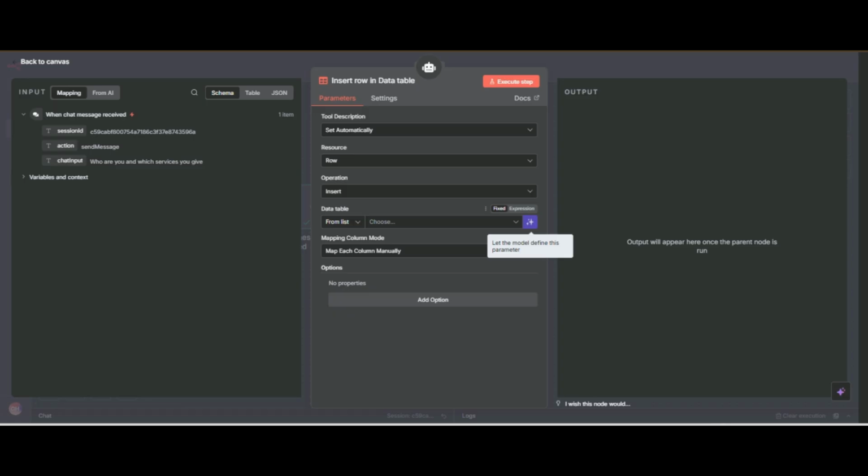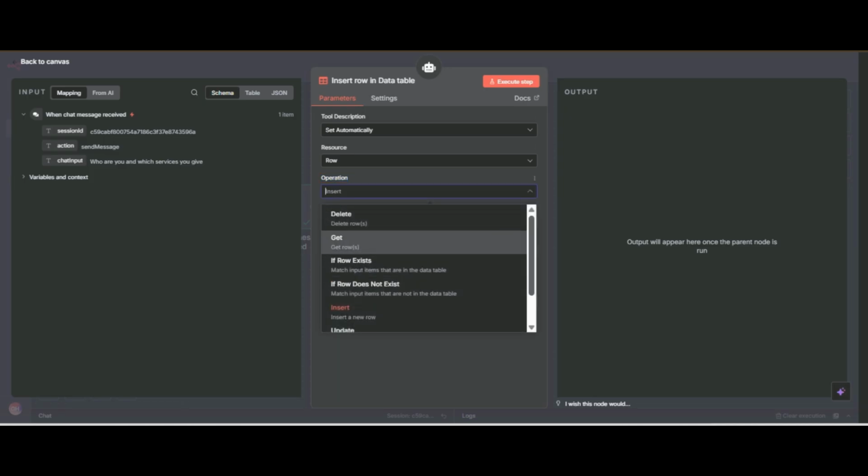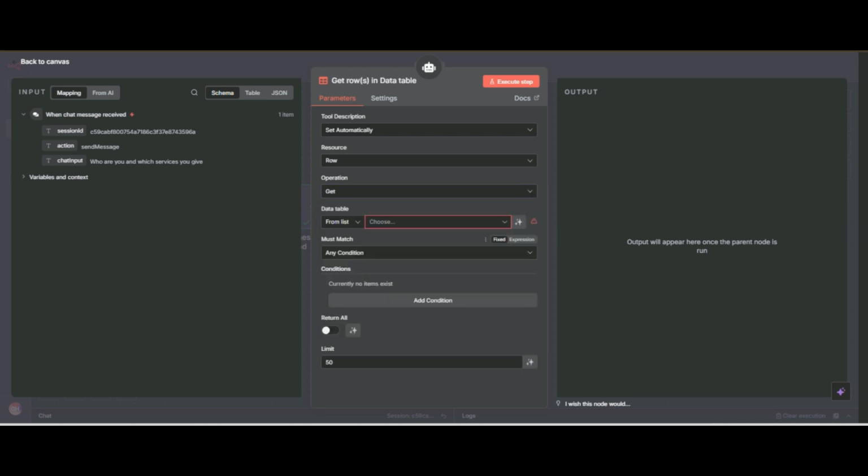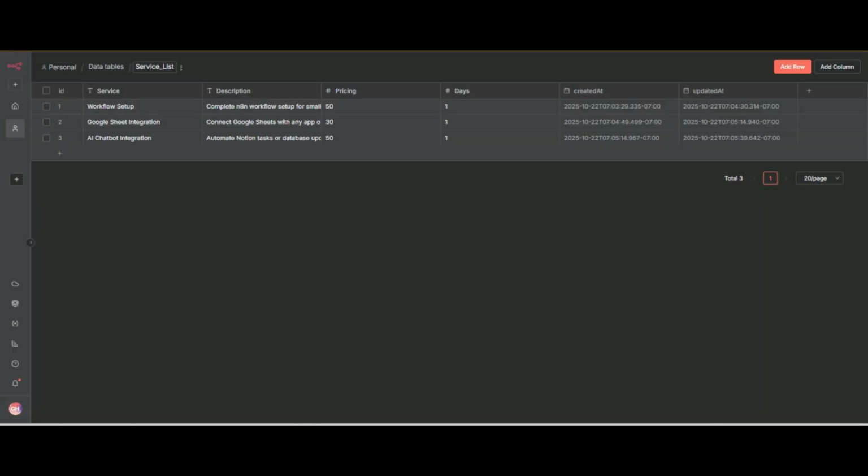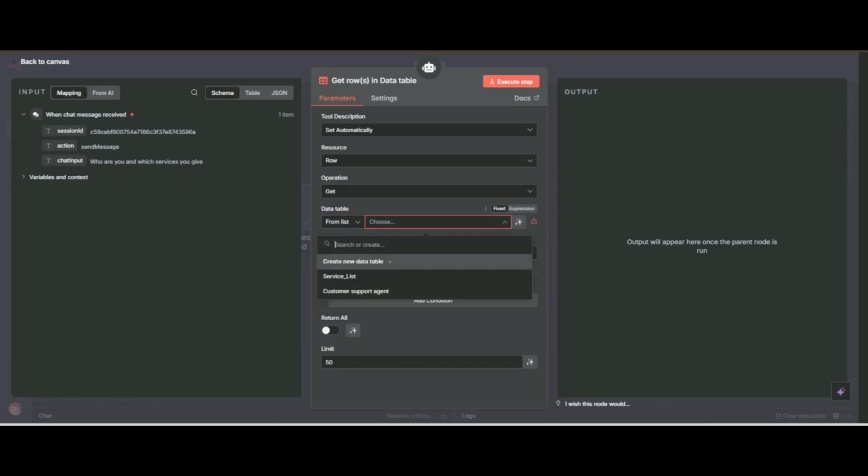We want to retrieve the data. So we will select our operation, like we want to retrieve, so we select get rows. And there is a data table, because you gave that name, service list. So we select the data table.